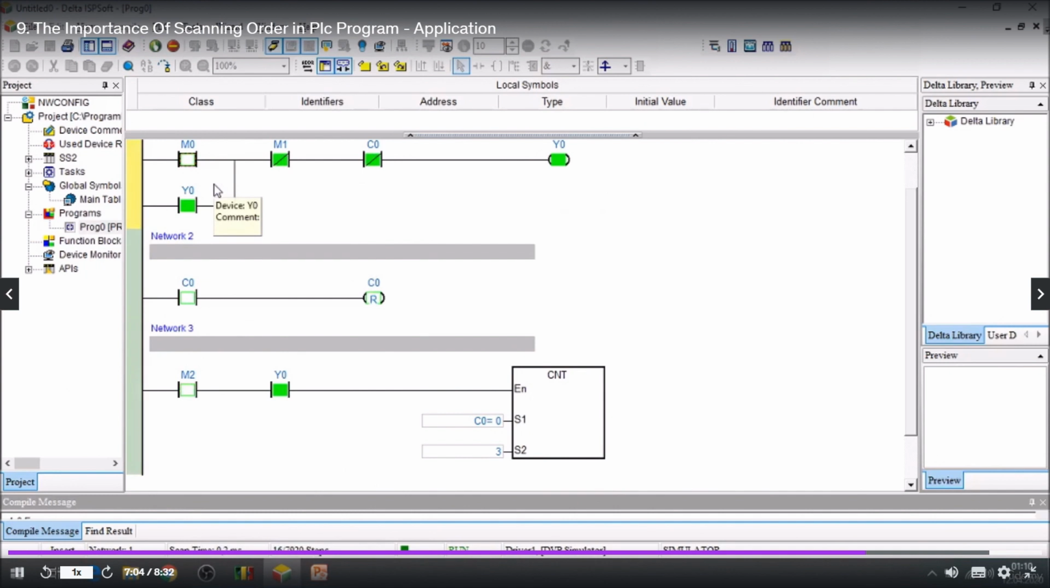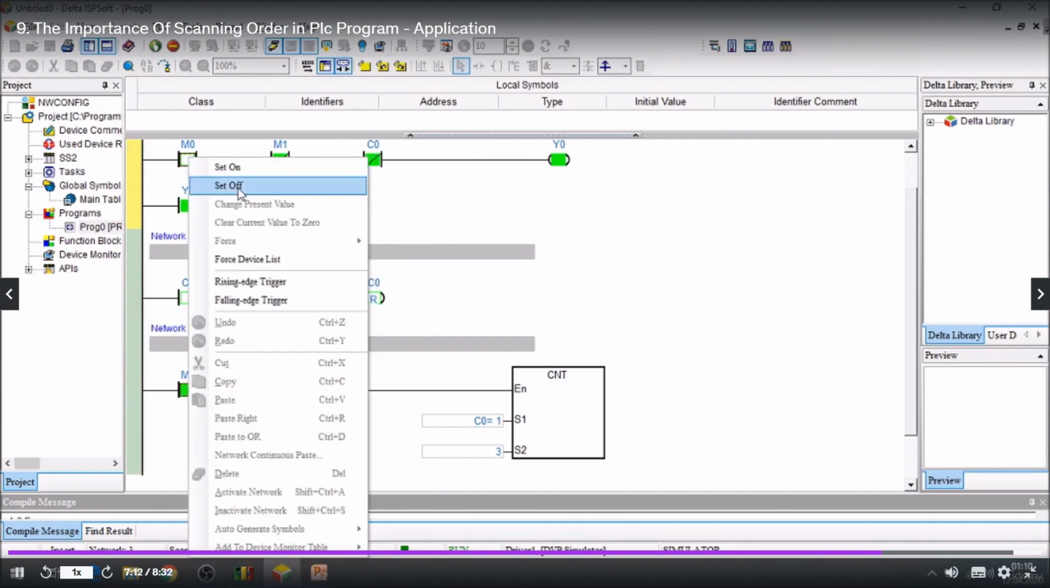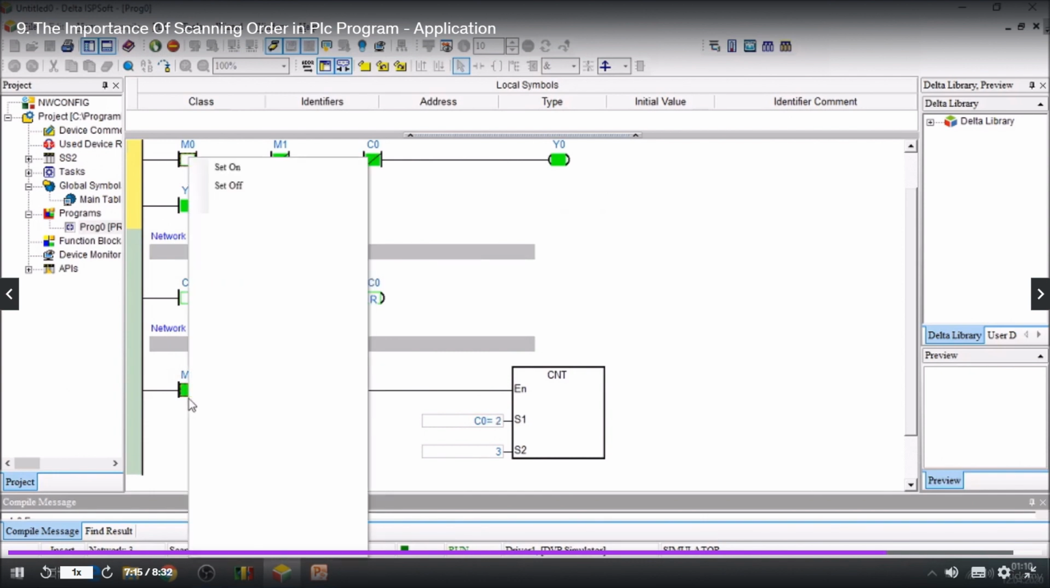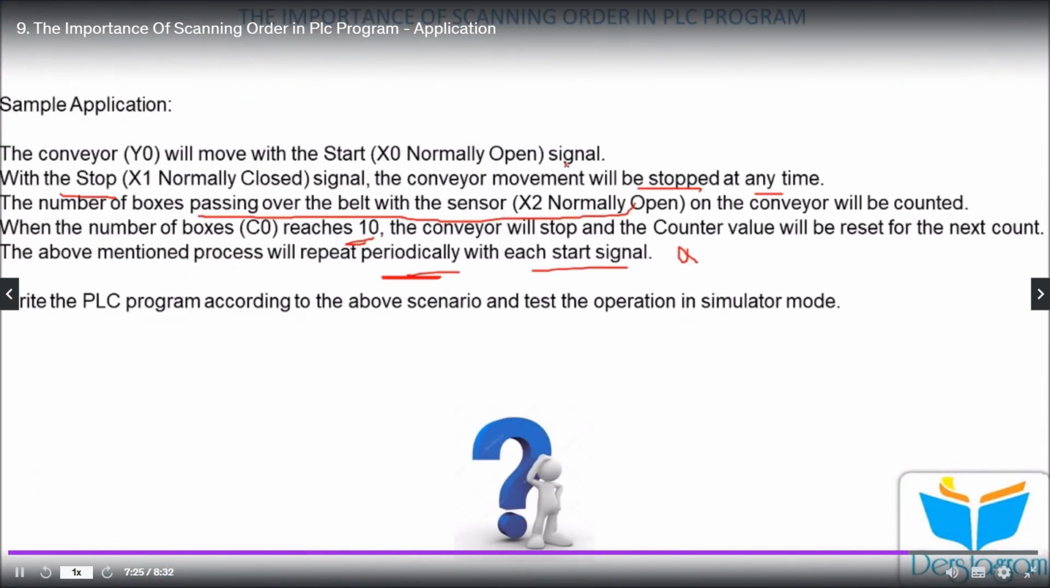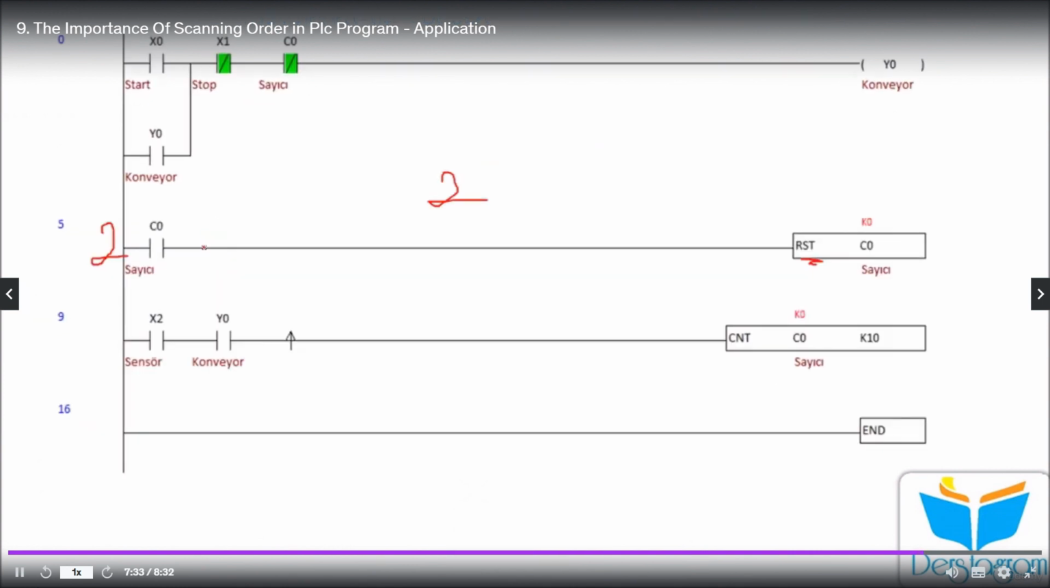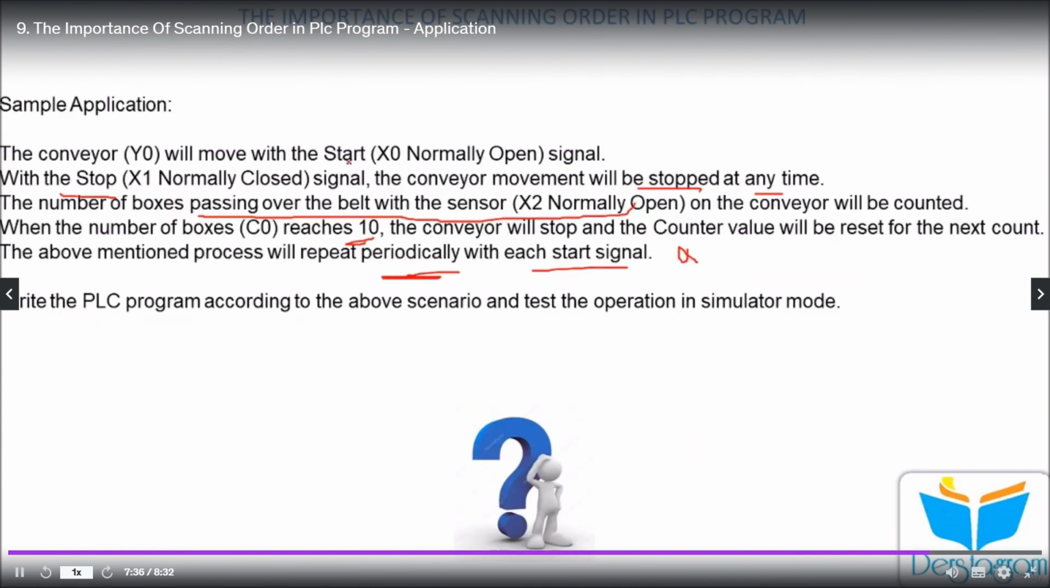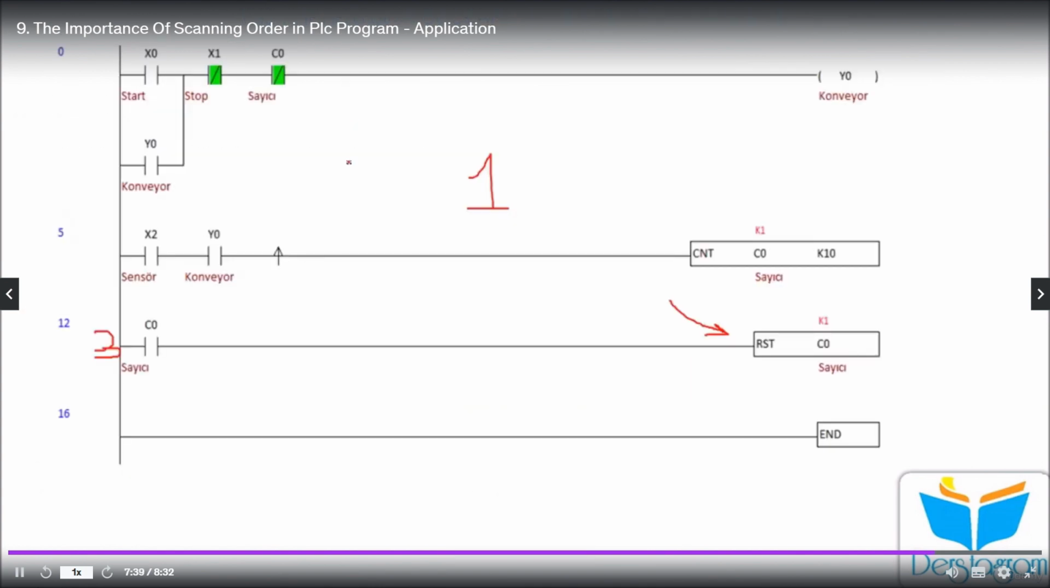It started and somebody released their hand from the start button. Now the conveyor is turning again, and again set on, the sensor detected, the second box is detected, and the third box is detected, and suddenly we have no output and the conveyor is stopped. So according to our scenario, this will repeat periodically with each start signal. So we can say this is the correct one. So the importance of the scanning: if you put your reset after the counter, and if you put your